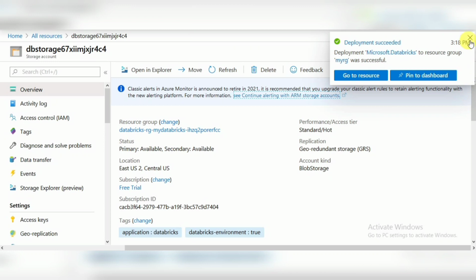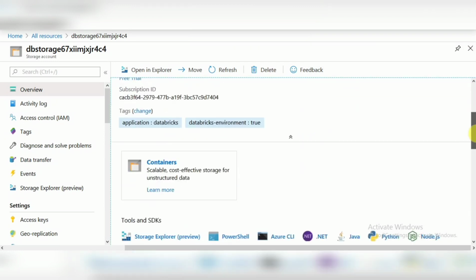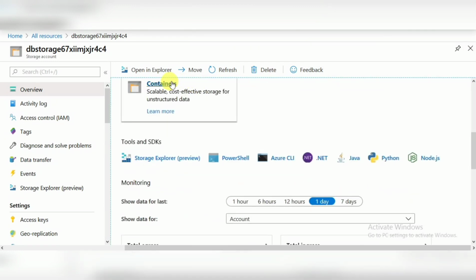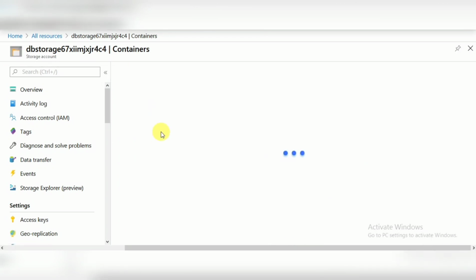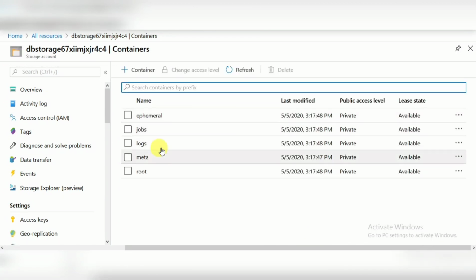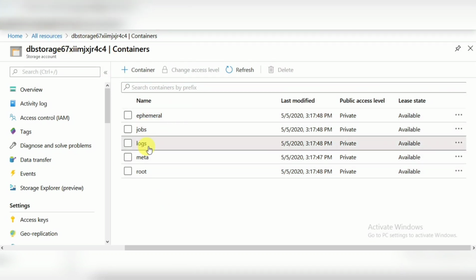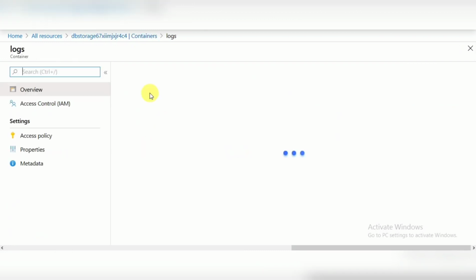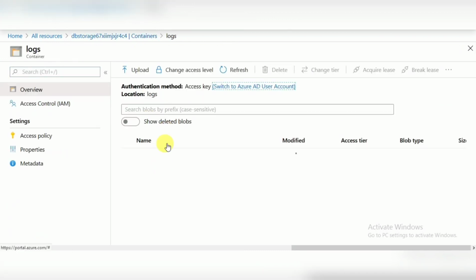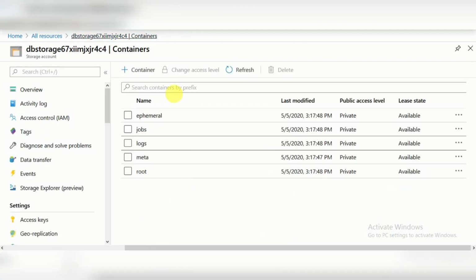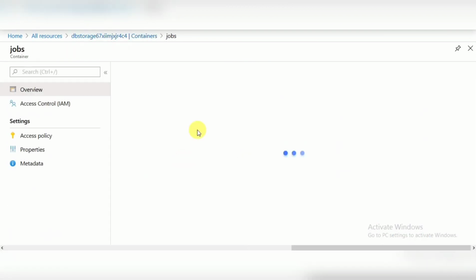Let's close this. Here, go to containers. Whatever operations you are doing, everything will be stored here. So in Databricks, whatever you are doing, everything will be stored. This is related to logs. You don't have access here directly. Jobs,